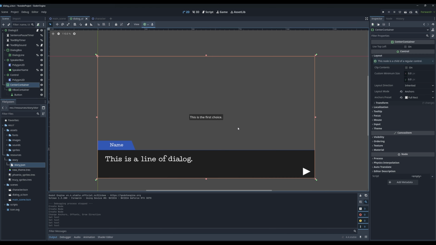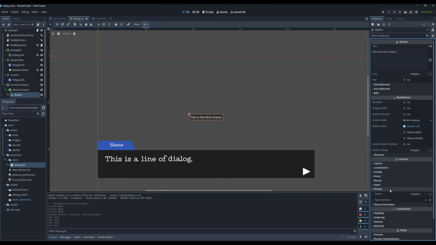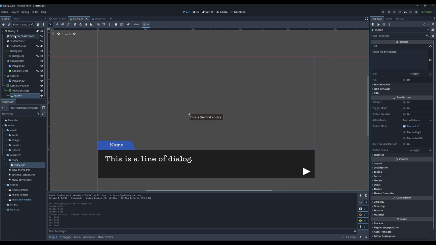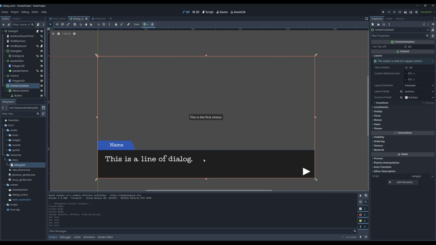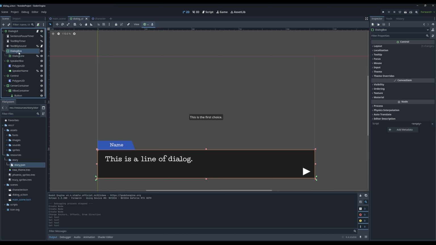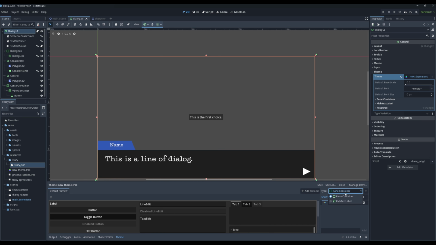Now we need to change the display a little bit, because this is not very pretty to look at. We're going to change the appearance of that. If you remember how we changed the appearance of our UI in the first video, we used the theme in order to do that. So inside of your dialogue UI, if you haven't done that, specify the theme inside of this so that everything below it will use the same theme. This is why the dialog box appears the way it does. It's because in your theme, you have created something for panel container to be displayed the way it is. Okay, and we have done that for the rich text label as well,